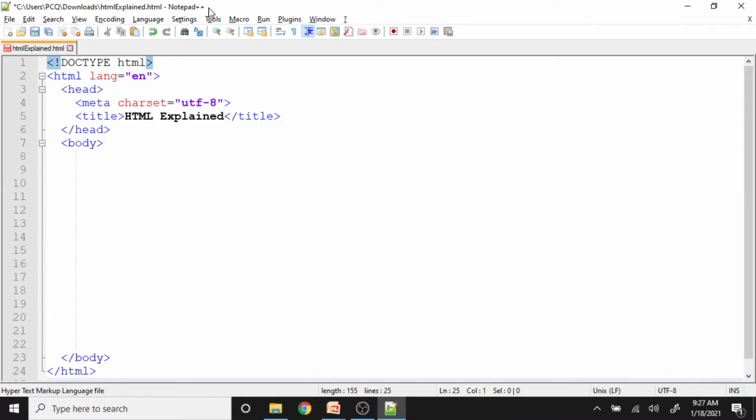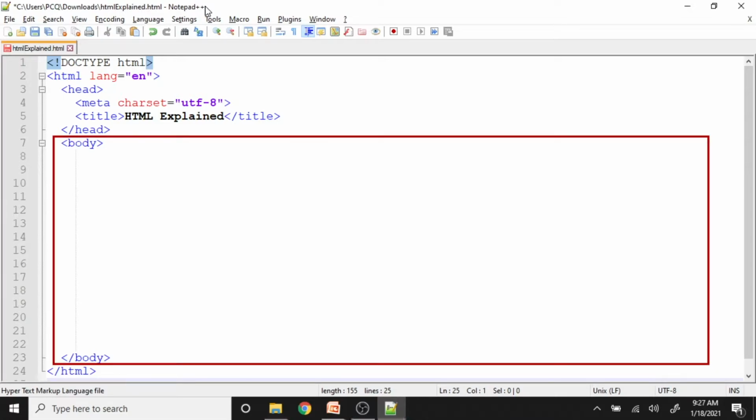If I want to display text in a browser, I would start by creating a document in a text editor or integrated development environment. Here I'm using the text editor called Notepad++. I would then add the text to the section of the HTML document called the body. We will discuss how to develop an HTML document and explain the different parts in the next video. For now, I will simply add some text to the body section indicated with a red rectangle. I'll use the transcript from a previous part of this video as my text.